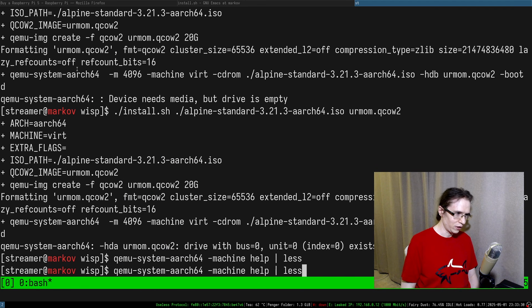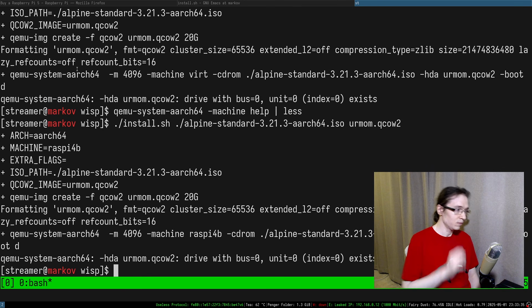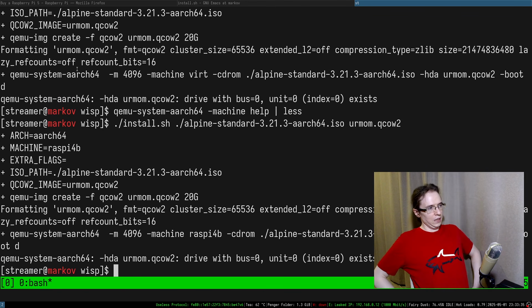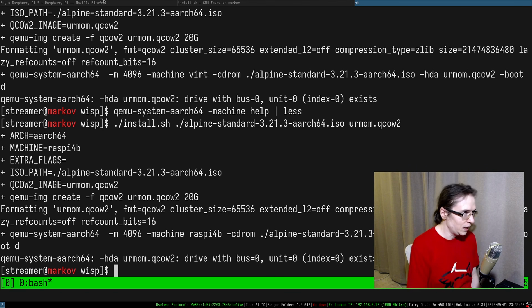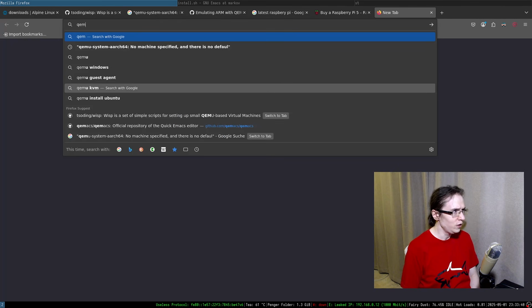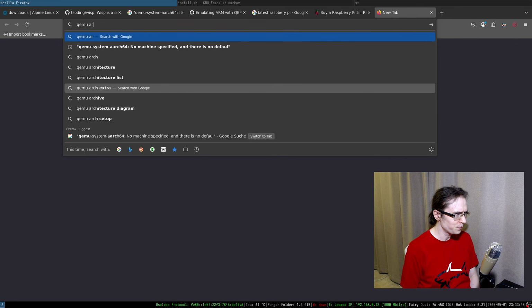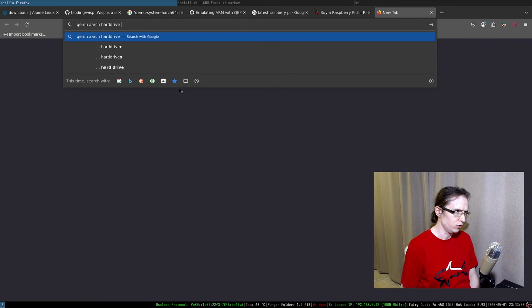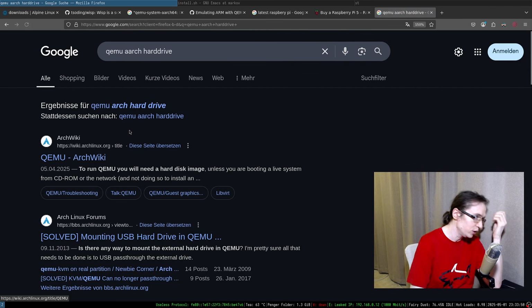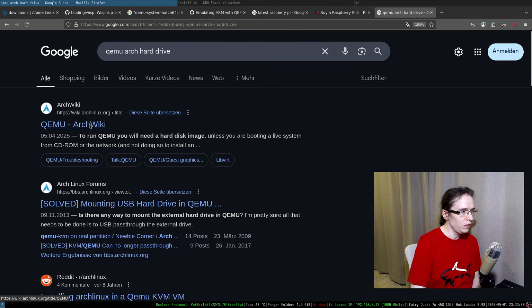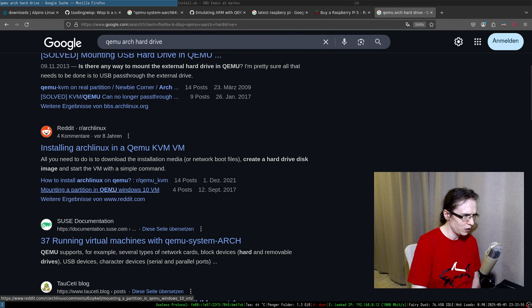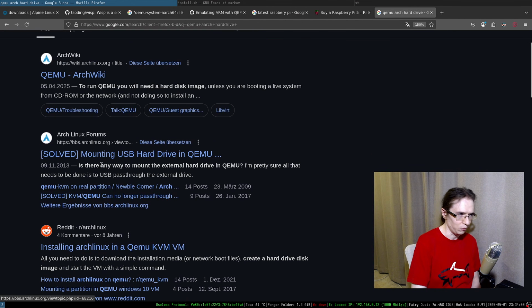Anyways, let's try to do this kind of thing, and again, it doesn't work. Let me see. QEMU, Arch. Hard drive. How can I attach a hard drive? There's QEMU and this kind of thing. Mounting a USB hard drive in QEMU, none of that is particularly helpful.